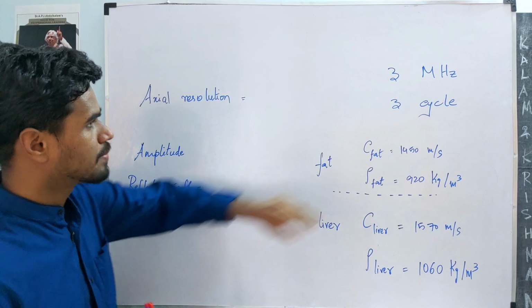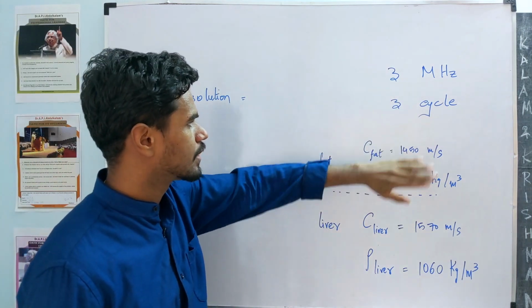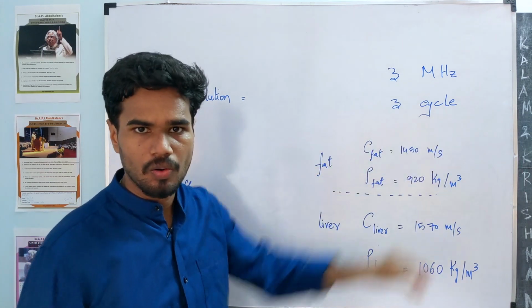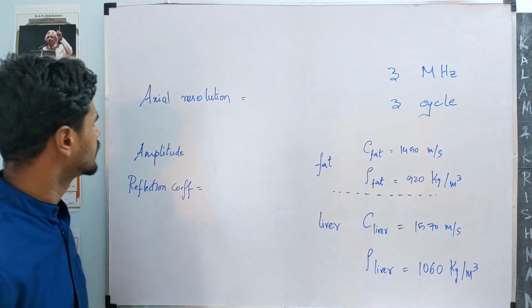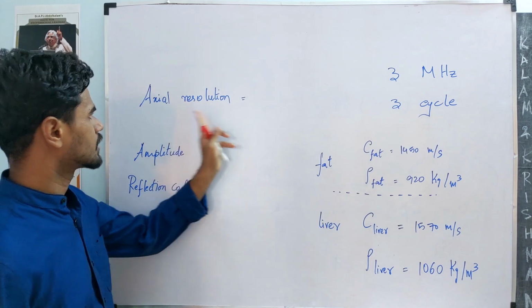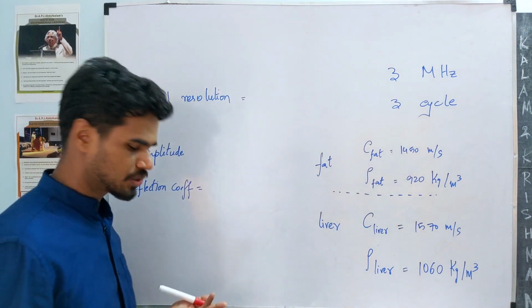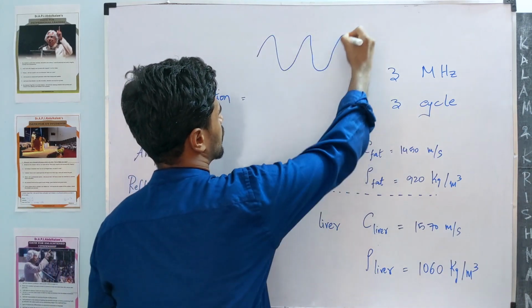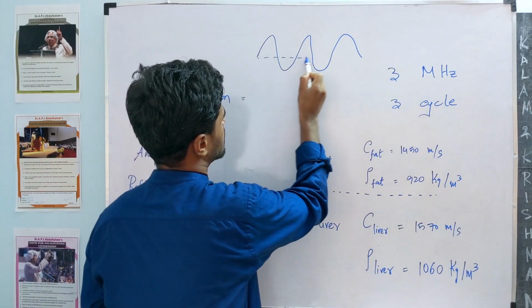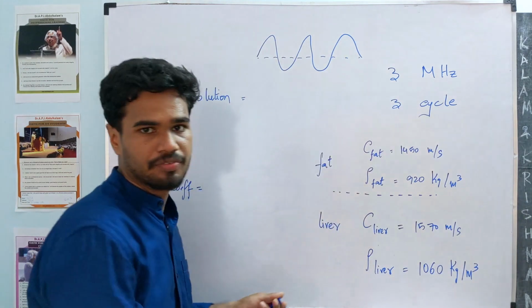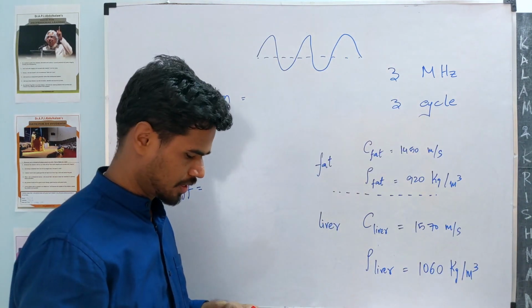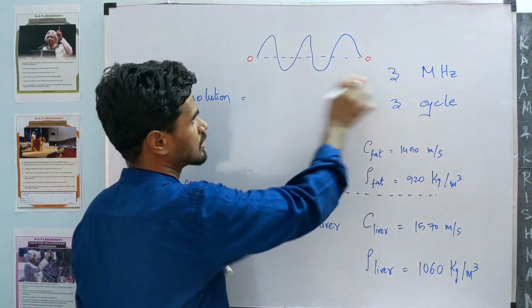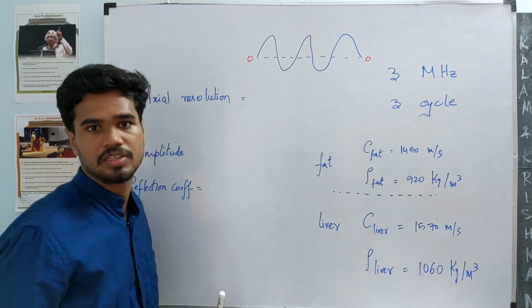We have this 3 megahertz ultrasound transducer, and it says a pulse is 3 cycles long. From that we need to find the axial resolution. The axial resolution essentially is, if we take the transmitted pulse, it's 3 cycles long. The point is the pulse shouldn't interfere with itself. It can identify distinguished points beyond this, 2 points beyond this, if it doesn't interfere with itself.